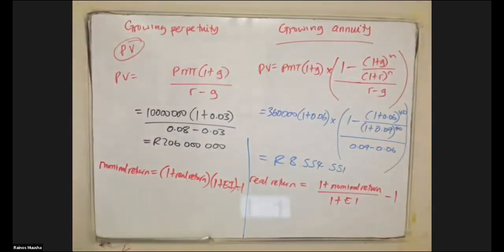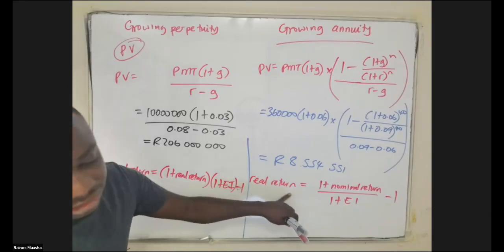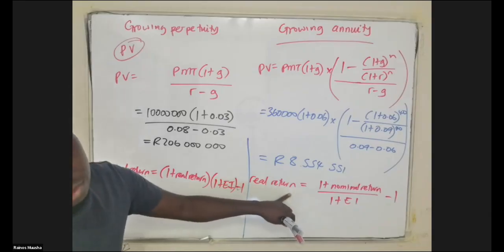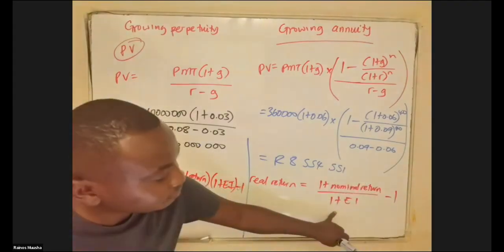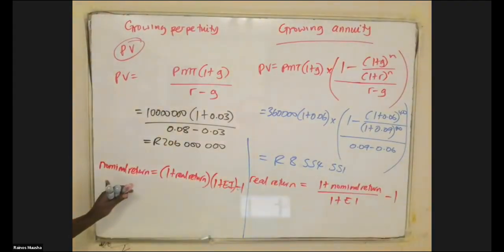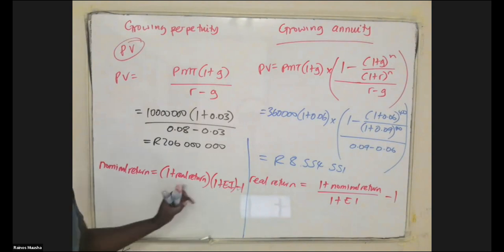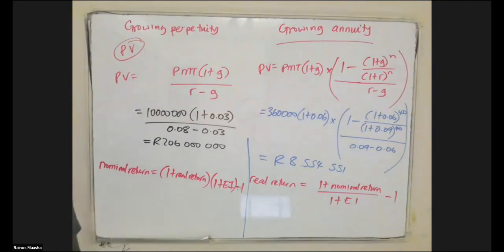Because you're going to be using them later on when you look at capital budgeting, where they say calculate the value of the net present value in real terms. If they ask you to find it in real terms, it basically means that the rate of interest they're going to be using is the real rate of interest, and this is how you get it. If they ask you to use the nominal rate of interest, this is how you're going to get the nominal rate of interest. So please make sure that you take note of this. Are there any questions? Take note of these formulas. We're going to be dealing with them later on.